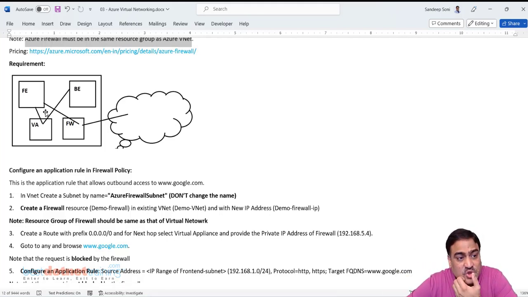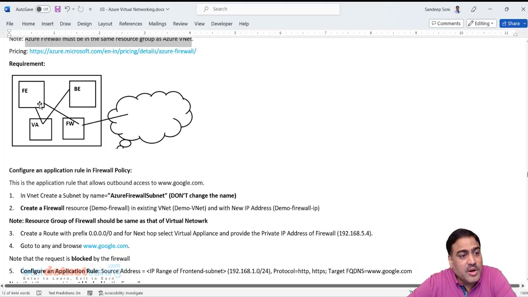In the previous session, I showed you how we can simply block traffic to internet via route table. Now instead of blocking, we are now sending it to the firewall, and from firewall it will go to the internet.